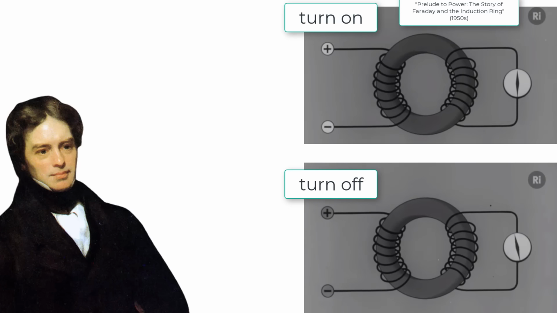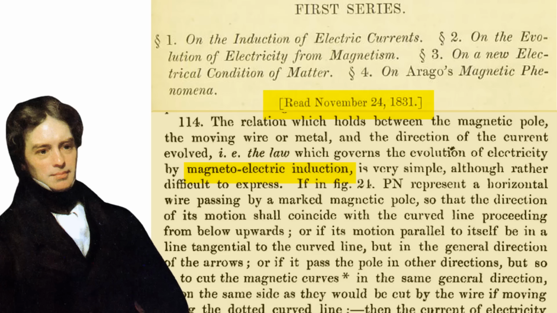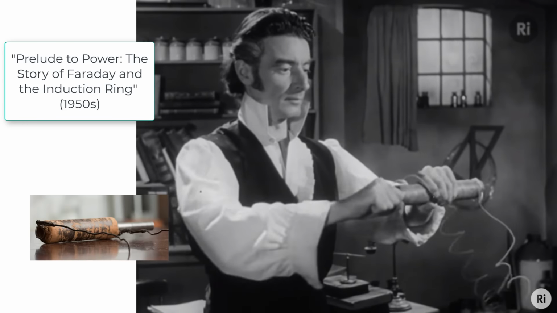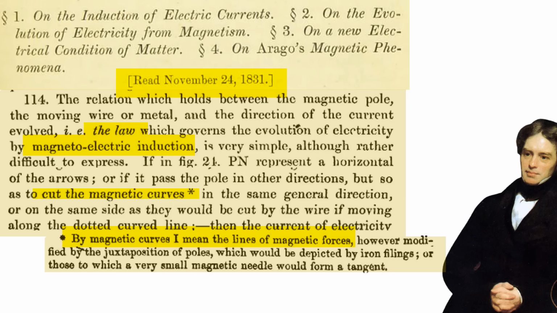In other words, when he changed the current of an electromagnet, a neighboring coil would have current induced in it, something he called electromagnetic induction. After Faraday realized that the trick to inducing electricity was changing a magnet, he found that if he moved a bar magnet into or out of a coil, he could also induce current in the wire. After this, Faraday had the insight to create the idea of magnetic fields, or what he called magnetic lines of force, and to describe the rule of induction is that current is induced in the circuit when these magnetic lines of force are broken or cut by the wire.